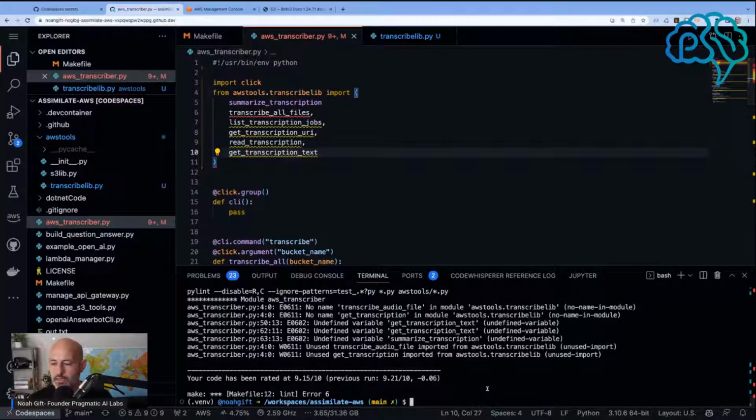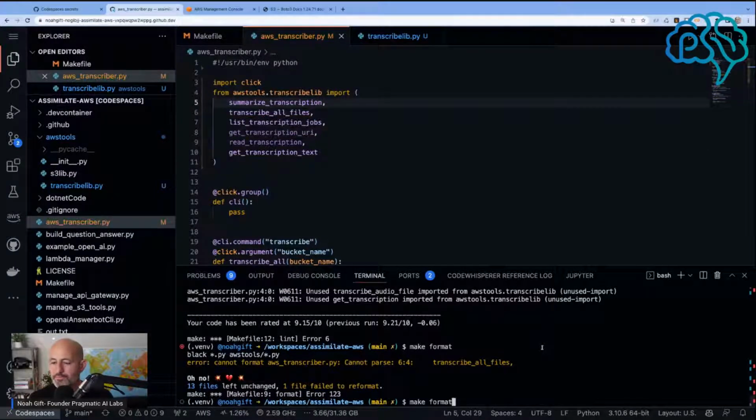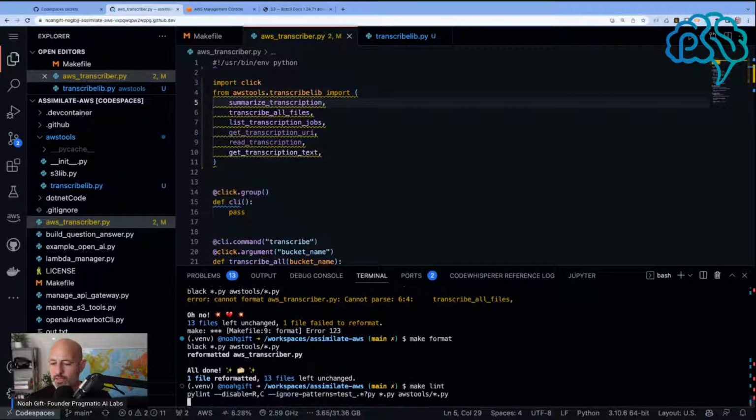And I think if I say make format, it says I cannot parse line 6. Oh, because there's no comma. Here we go. And then if I do lint,